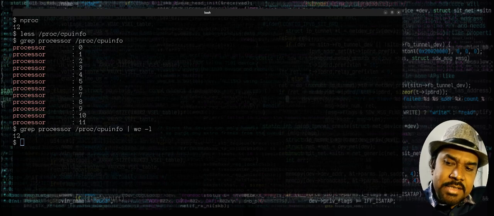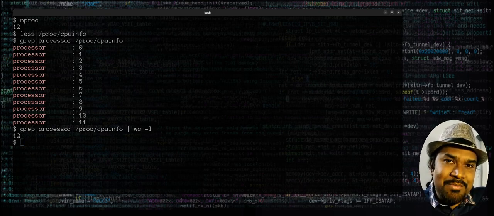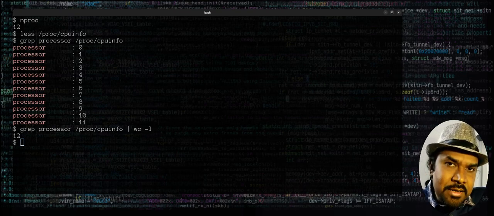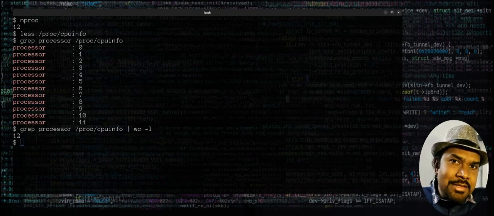I have seen on certain platforms the word processor might occur in many places, and sometimes the word might not be called processor. It might be Processor with a capital P, or it may be simply mentioned as CPU. There are some legacy CPU architectures where this kind of format exists. So the format of the file /proc/cpuinfo is not really standardized. But if you're working on a modern Linux environment, Linux with a recent kernel, you could also gather the same details by looking up this particular folder